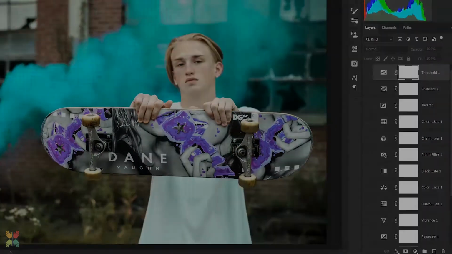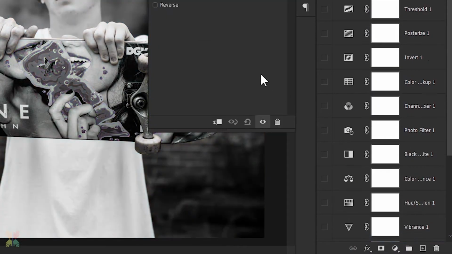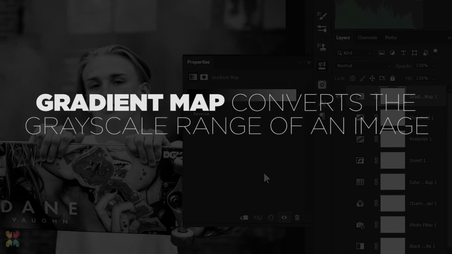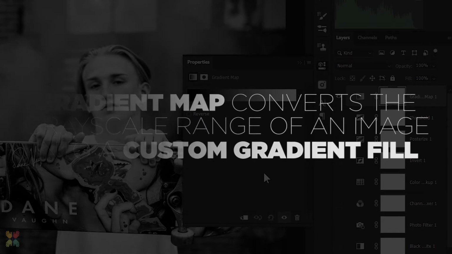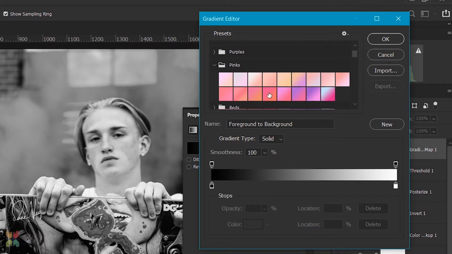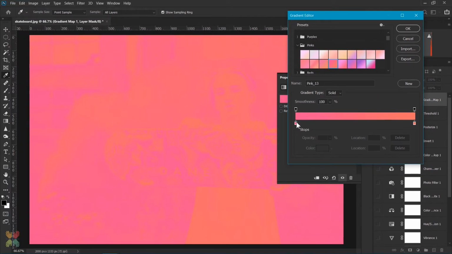Let's close this. Second last one is called gradient map, and the gradient map converts the grayscale range of an image into a custom gradient fill. And we can go to the gradient editor by just clicking on the gradient, and it comes with a bunch of different gradients, all of which you can adjust to your liking. Like if we go to pink and select a particular color pink, the effect is too strong, we can't see anything else. But